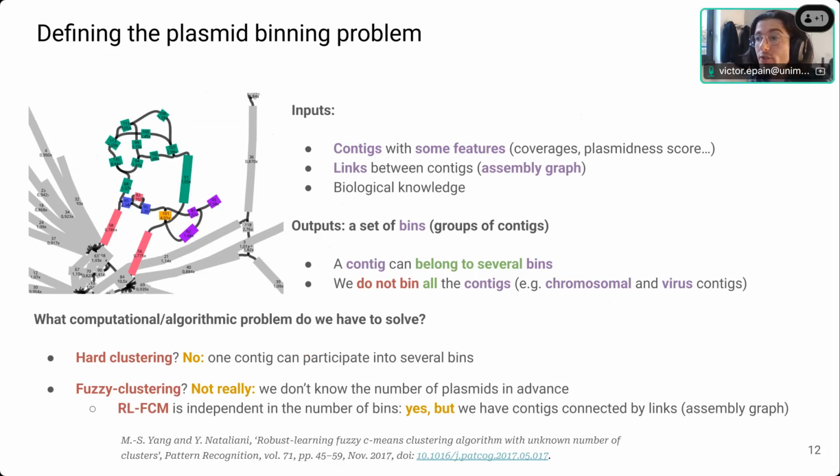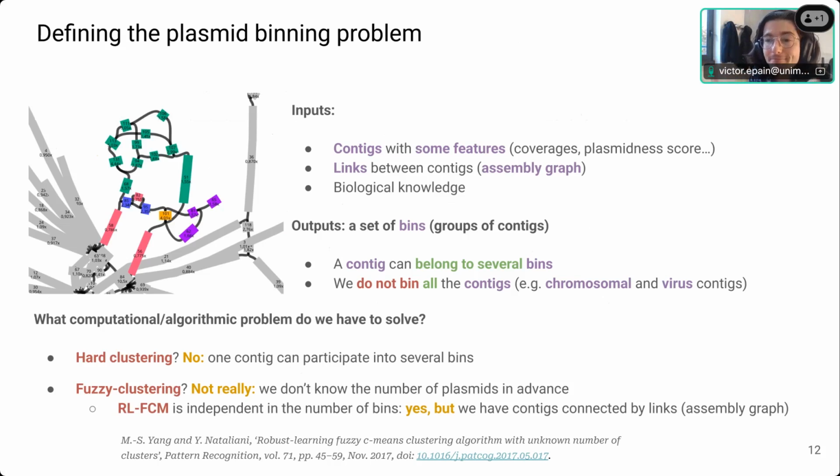The answer is no, because one contig can participate in several bins. Is it fuzzy clustering? Fuzzy clustering enables us to say that one sequence can participate with a 0.5 score in this group and 0.5 in the other group.